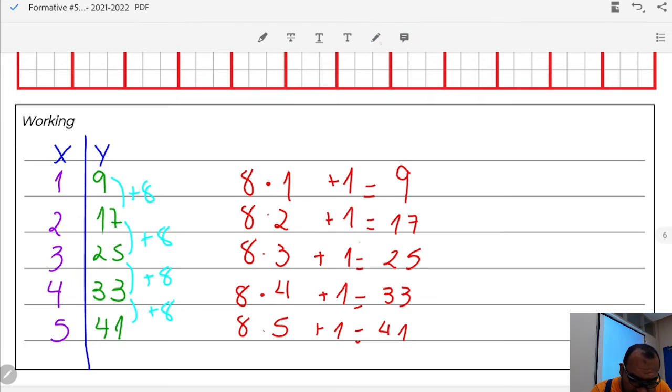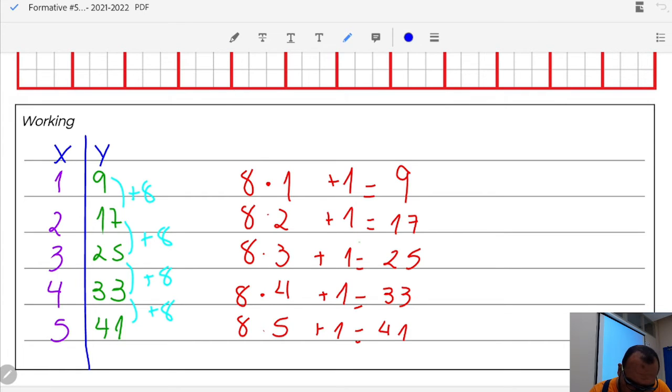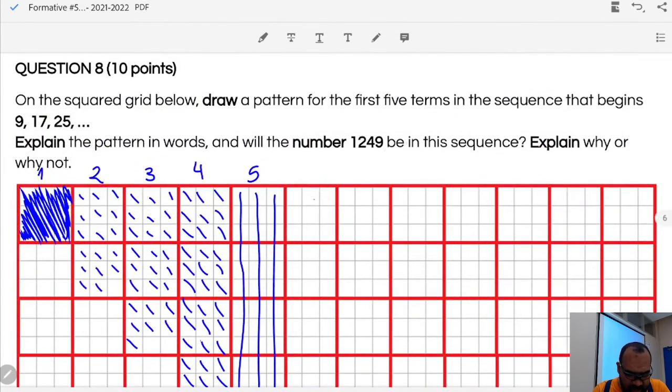What is the equation here? Let's write the equation. The equation is y. Why, mister? Because y is the quantity, the pattern. The pattern, or y, variable, whatever you're using, equals 8 times x plus 1. That's very easy. After that, he's asking number